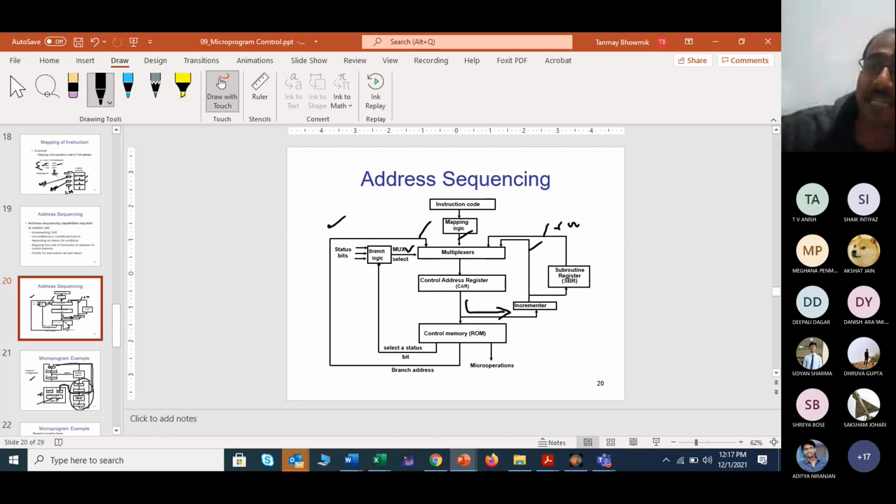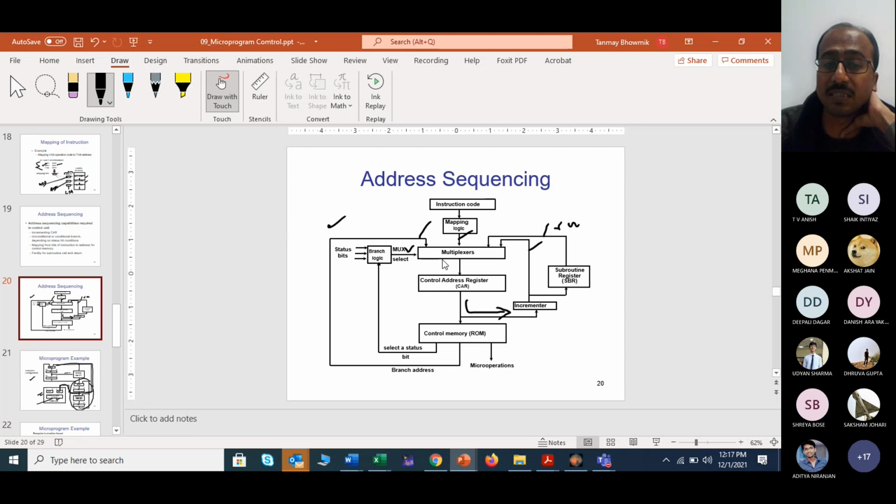So how will you decide which one will come, right? The status bit will decide this. You can see that the status bits are also going through some multiplexer part. One status bit will generate one output. That output will be used for the select input of the multiplexer. And depending on that select input, you will find finally what kind of data input will come into action, and who the data inputs are.